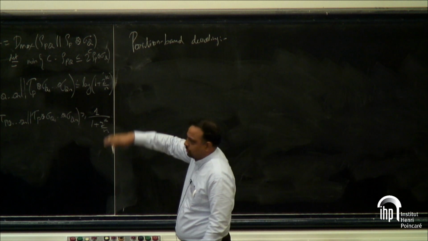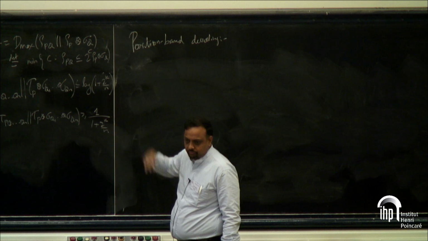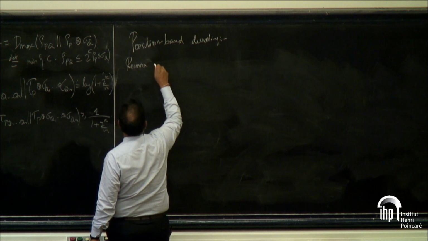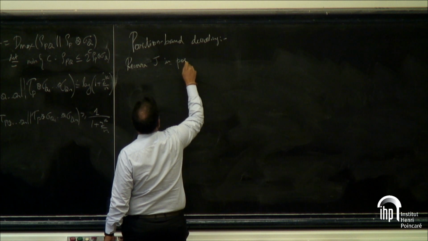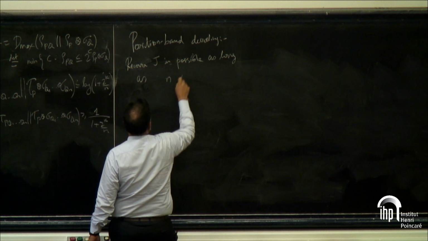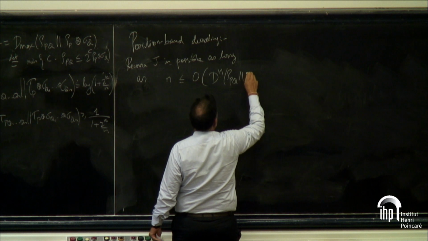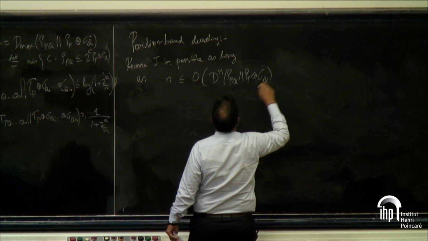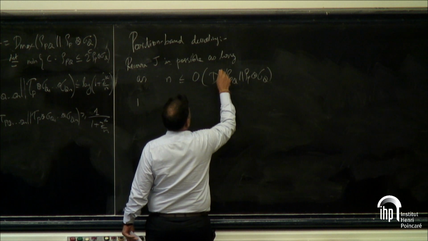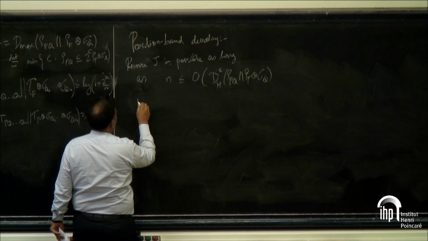Basically, let me just not draw the diagram again, and just say that you can recover j as long as n is like the dh of... So let me just informally say here, recovering j is possible as long as n is, say, order dh of rho PQ with rho P tends to sigma Q. Recovery up to error epsilon, or order epsilon, and dh epsilon